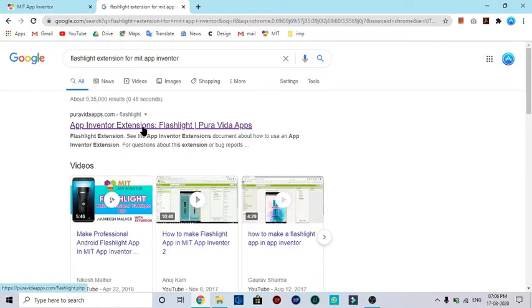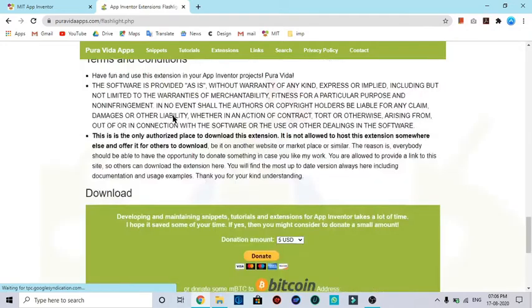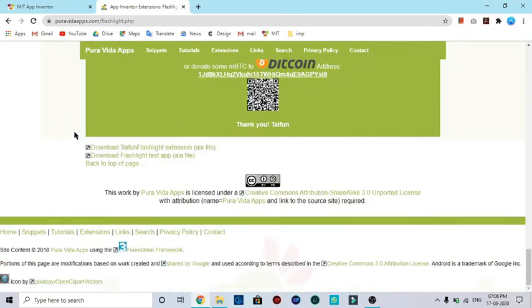Go on this, click on this and go at the end of it. Here it is written download Typhoon flashlight extension. Just click on this.